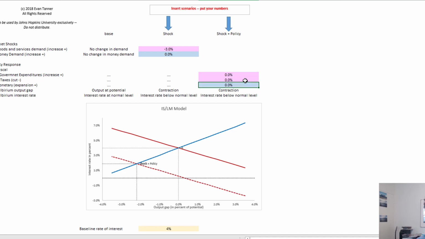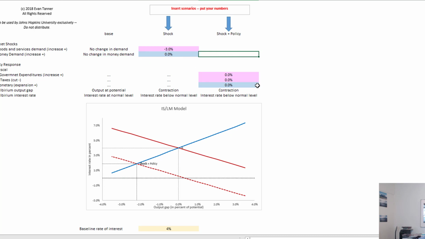Alternatively, you can see that maybe the central bank has to step in with some kind of monetary policy. So let's try that. Let's say that we have a 1% increase in the money supply here. And what happens here is the interest rate goes down. And once again, we have stimulated output a little bit because we've reduced the interest rate even further. And that brings us a little bit further back to our potential or full employment output. So in any event, I've just given you an example of one shock here, and then how that shock may be counteracted